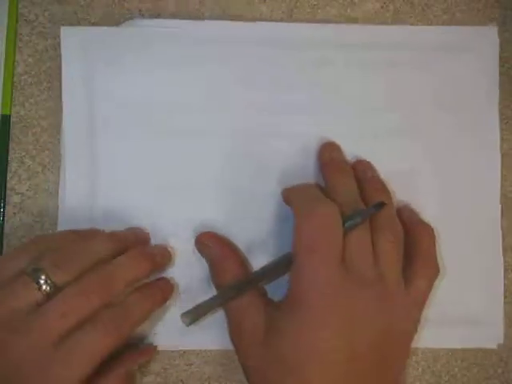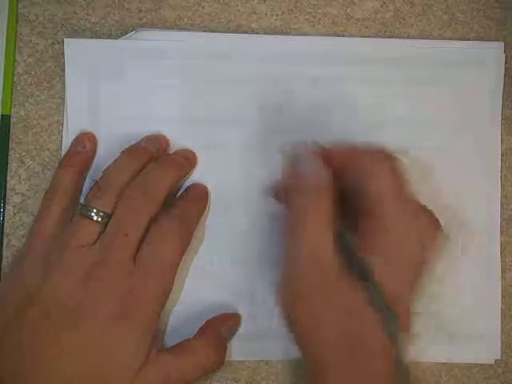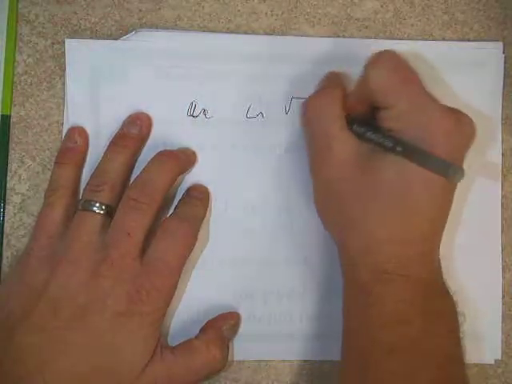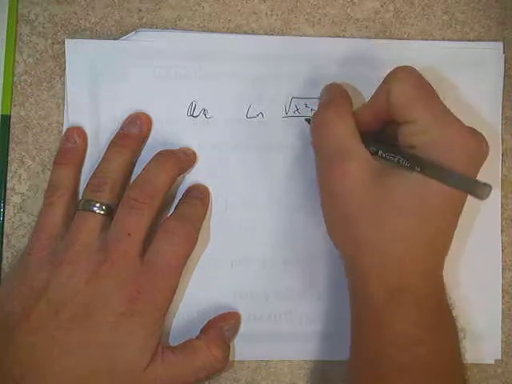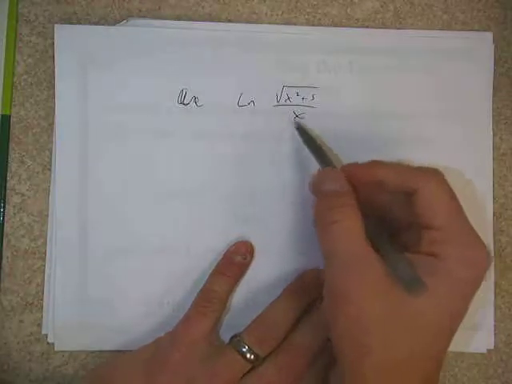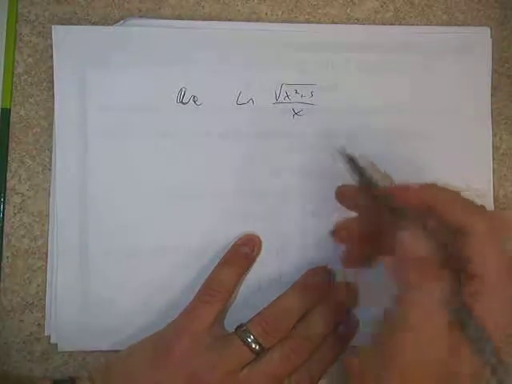All right. Let's take a look at another one. I want you to look at page 311. Do a similar one to that. You can find it in example 3 on page 311. It says ln of the square root of x squared plus 5 over x. And they've asked us to do the same thing here, is write this in terms of logarithms with simpler arguments,